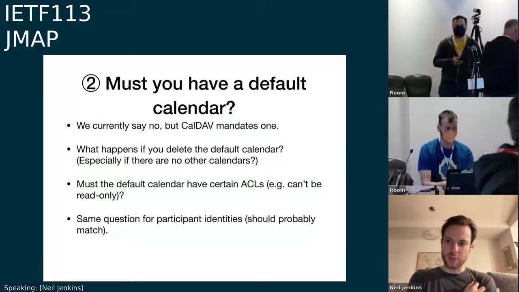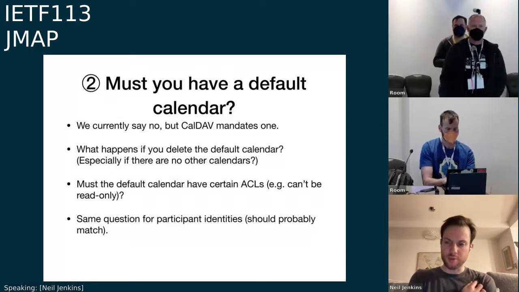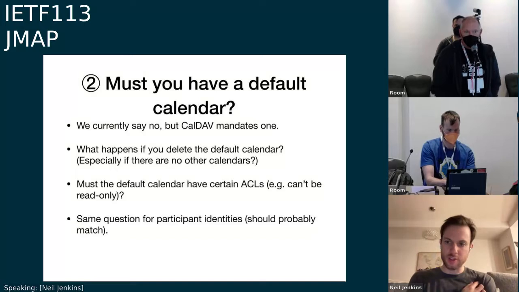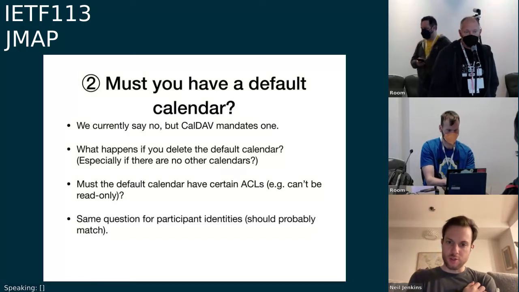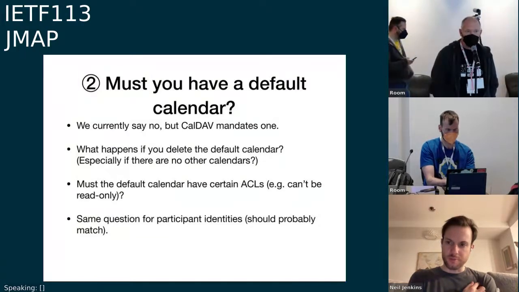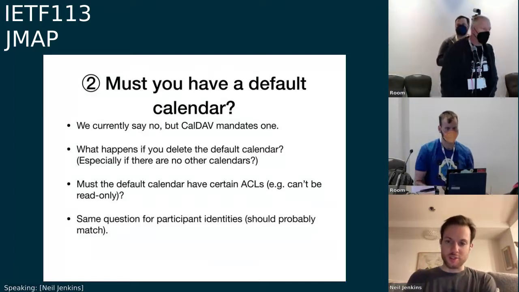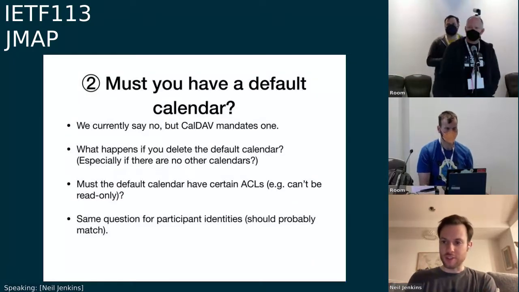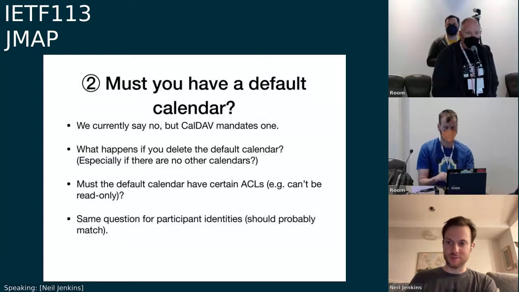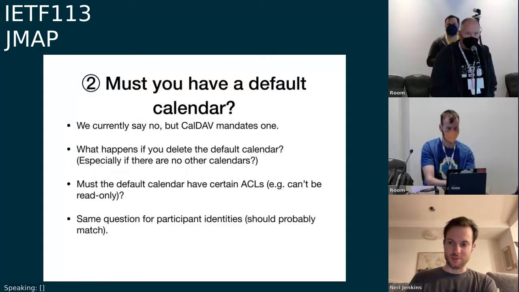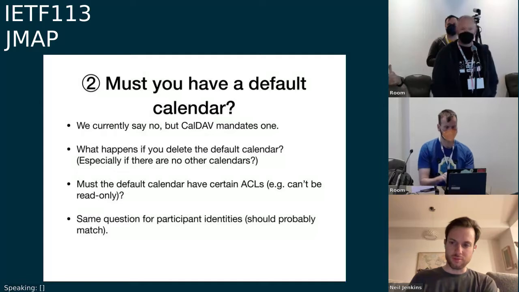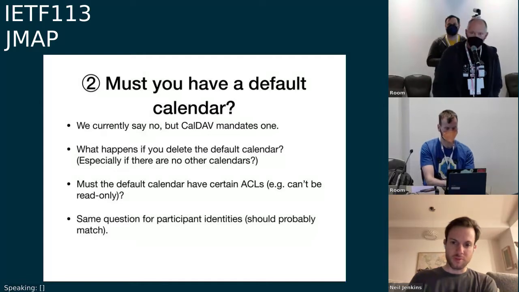So does that mean there must always be at least one calendar in the account, I presume, which is fine, I guess. Yes, I'd say yes, because if you don't have any calendars, what's the point of you trying to use JSON calendar or JMAP for calendars? So then what happens if you try and delete the default, I think is the next question. I'd say you'd have to create a new default before you delete the existing one. You just can't if it's currently the default. If it's the only calendar you have, I'd say we prohibit you from deleting it. And Barry gives me a thumbs up, so he's in agreement with that.